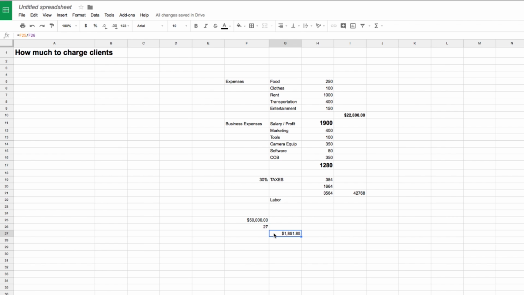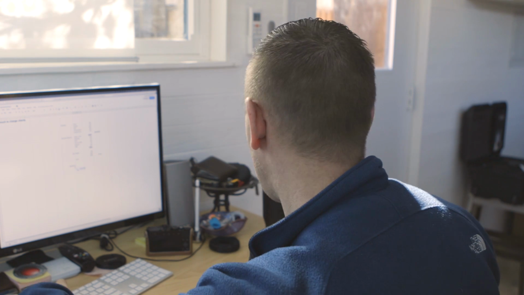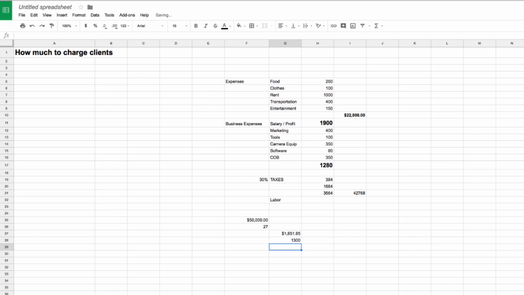So $42,000 is what you need. If you make $50,000 and you have 27 pay periods, let's say you get paid bi-weekly, that means that you have a gross take home of $1,850, depending on your company's insurance plan, depending on 401k, depending on taxes in your state and your local government, all that stuff. You probably take home around $1,300 as a gross payment, which means that every month now you're gonna say, I need to make